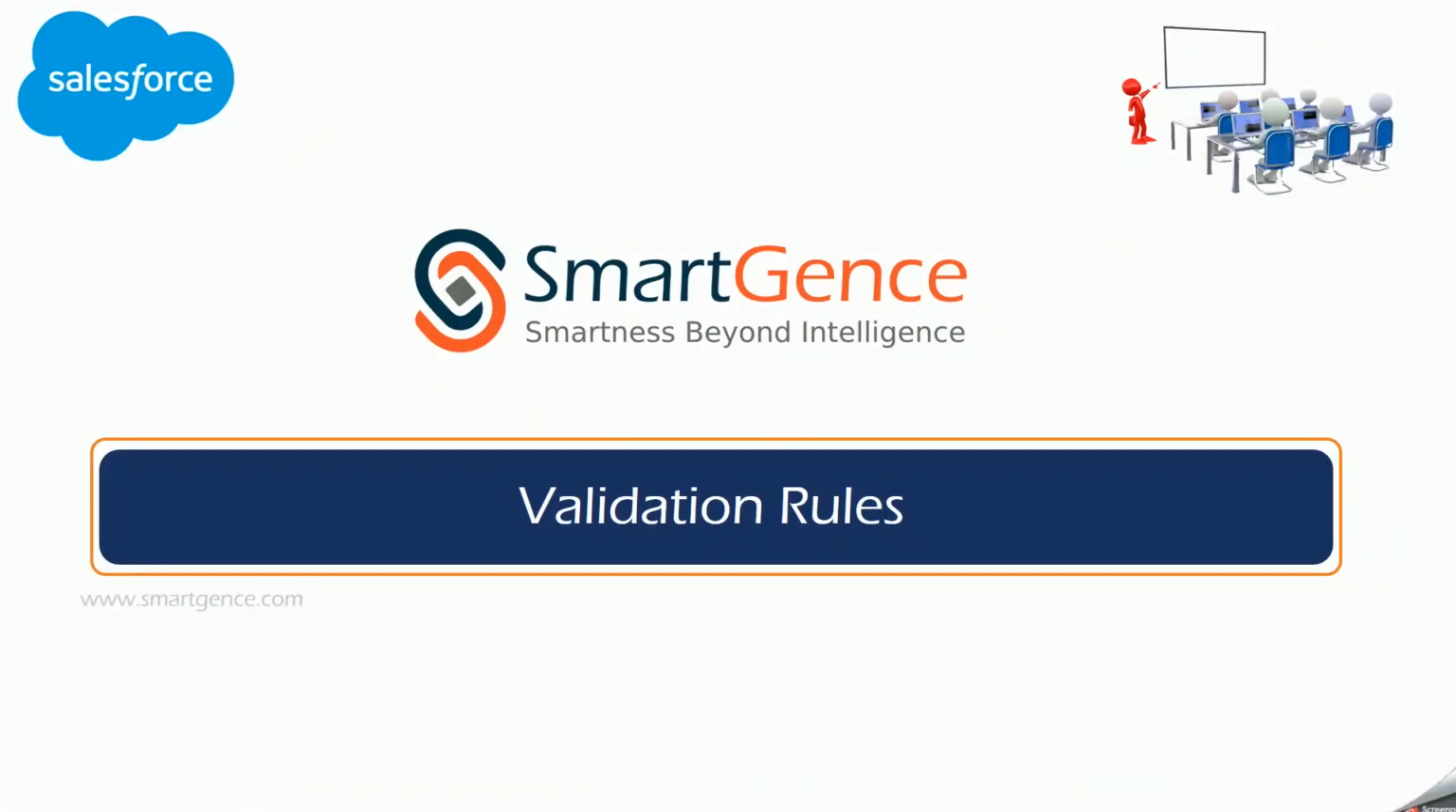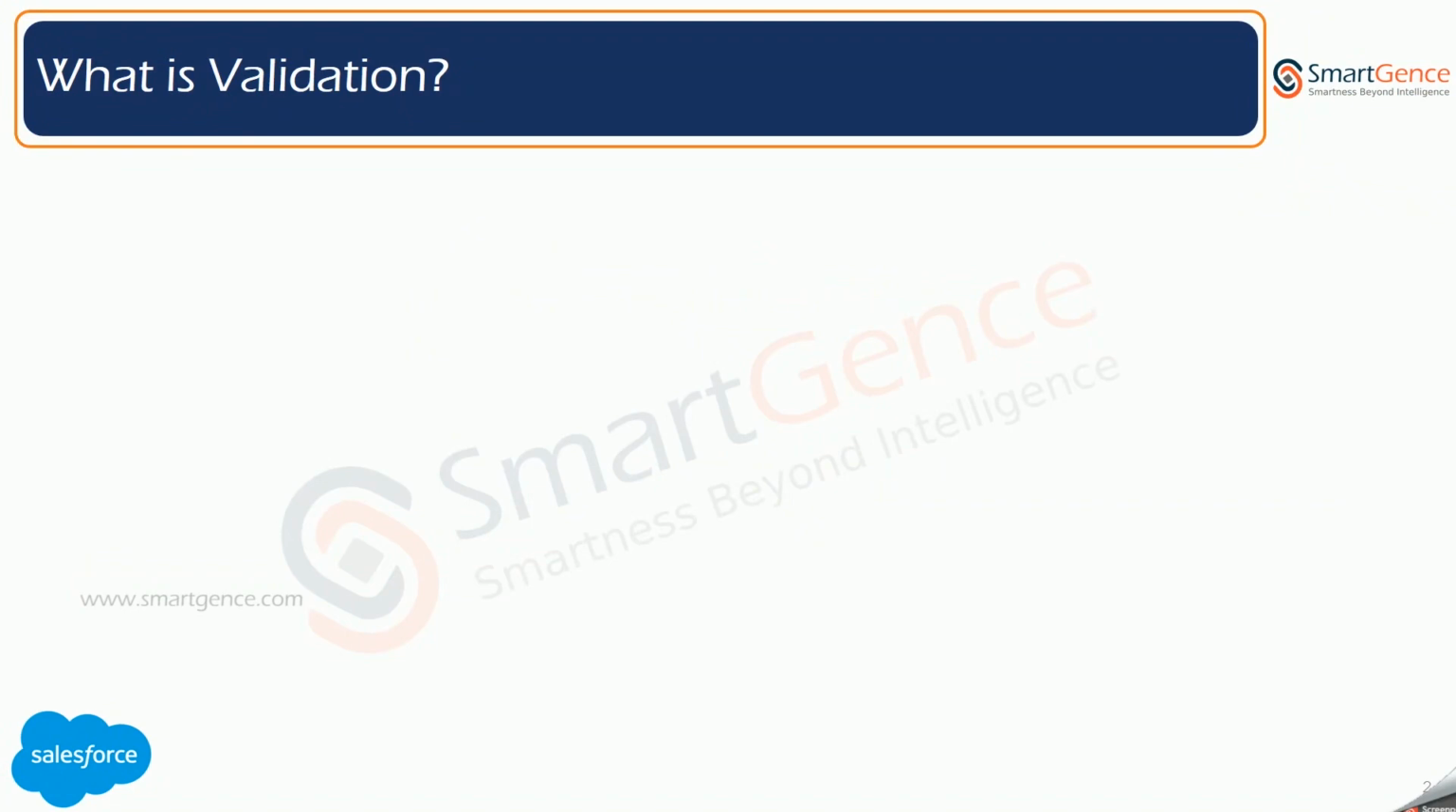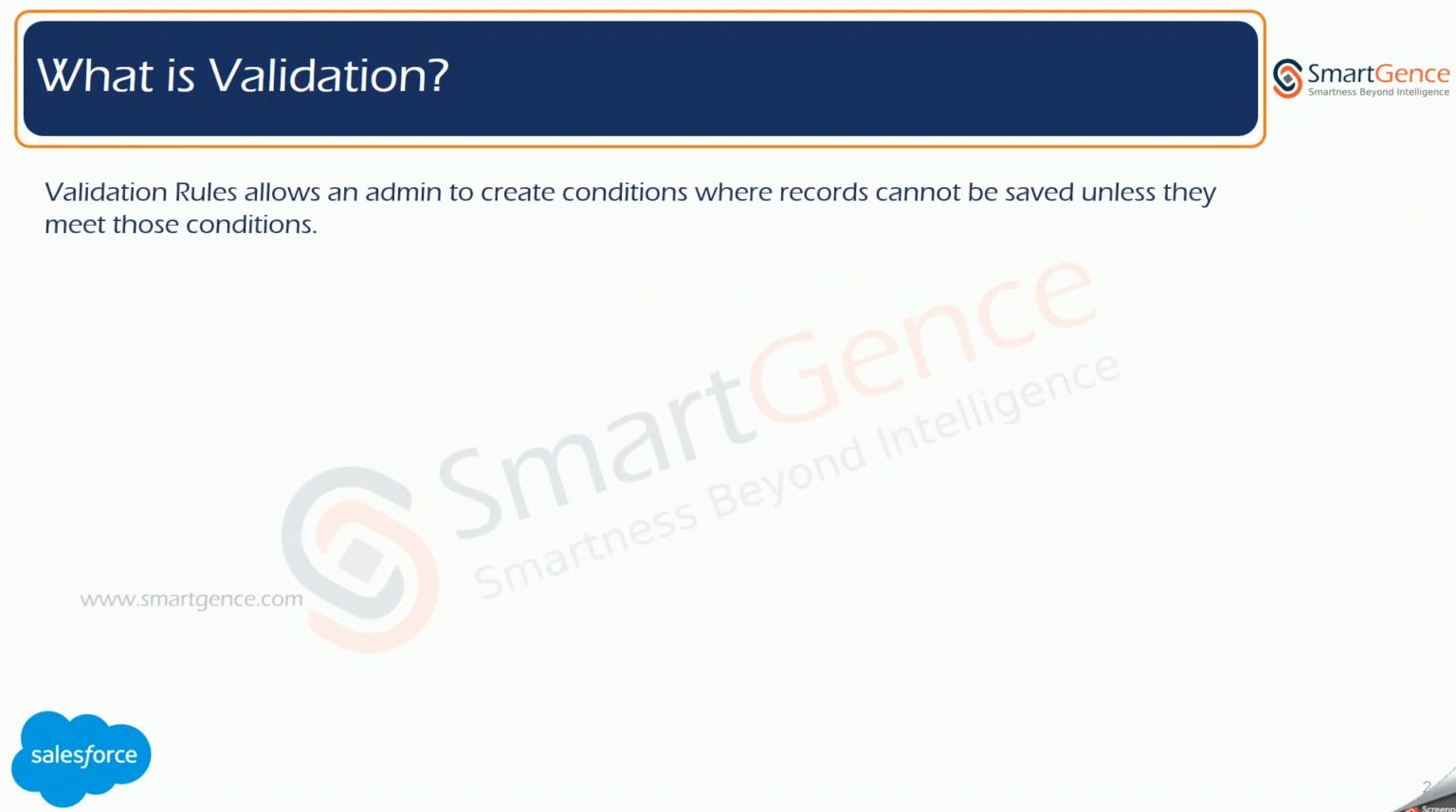So this session will be about the validation rules. So firstly, what is a validation? Validation rules allow an admin to create conditions and we will be checking against those conditions. If those conditions are not met by the user, then the user will not be able to see the